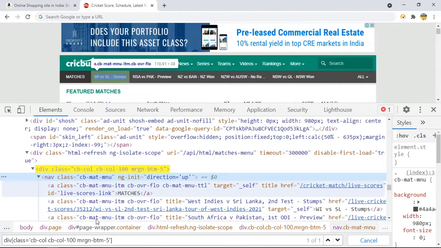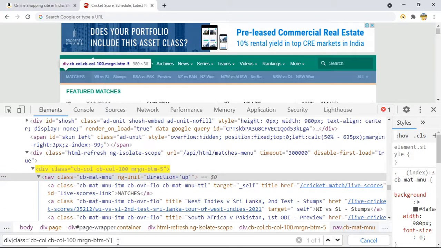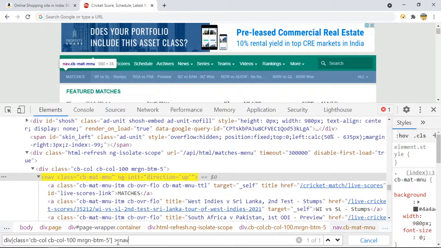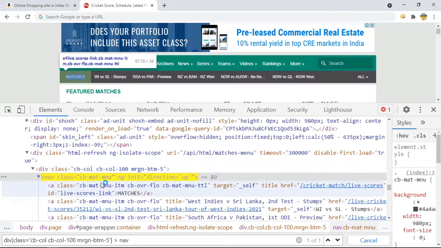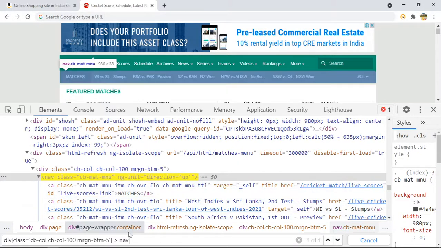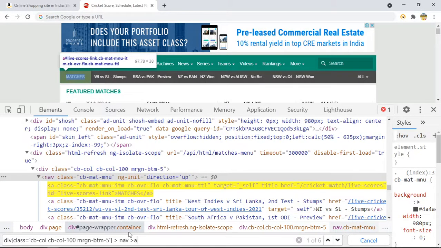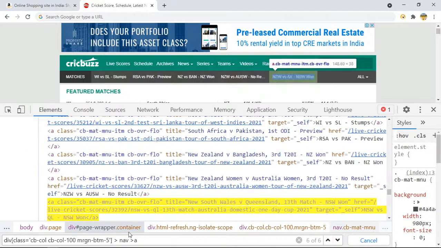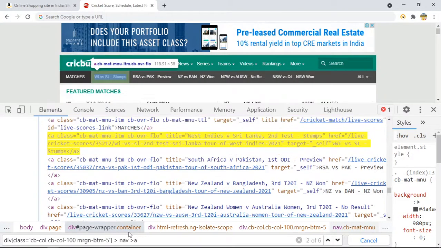How can we do it? In XPath, if you remember, we used to have double slash to move to the child. But here we will use the greater than sign, and I will say nav. Now we are here. You can see earlier we were here. Now we are here. And after that, I want to move to this first A, which is again a child. So I will say one more A. But here a total of 6 A's are matching. 1, 2, 3, 4, 5, 6. Total 6 A's are matching, right? Because there are multiple children of this nav.